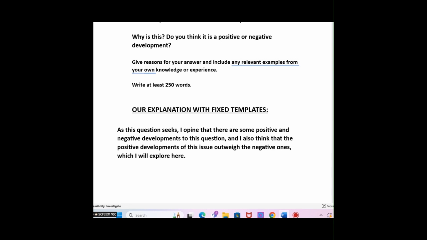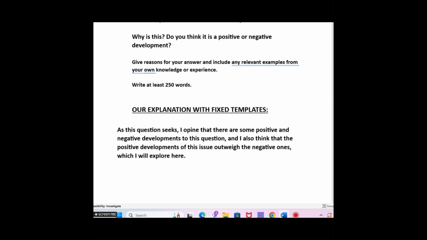This is very easy. This is like advantages and disadvantages. In the place of advantages and disadvantages, you just put positive developments and negative developments. That will do. You need not learn extra